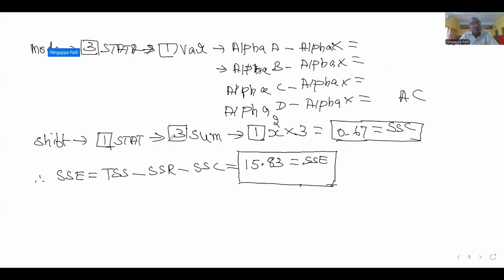And look here, stat button and third button sum. And again press 1 and X square, you are getting summation of X square. And multiply this by 3. Then 0.67 you are getting, that is SSC value. SSC equal to TSS minus SSR minus, TSS is already 20, SSR is known, and SSC is now you got. Then you are getting 15.83. Now you got all the four values, my dear students, and enter them in